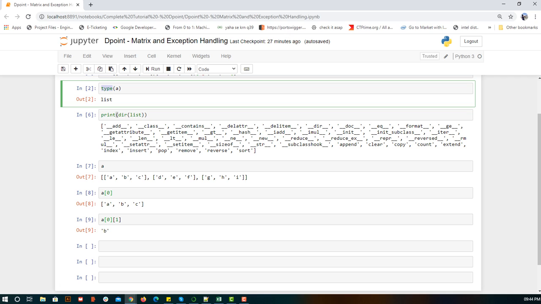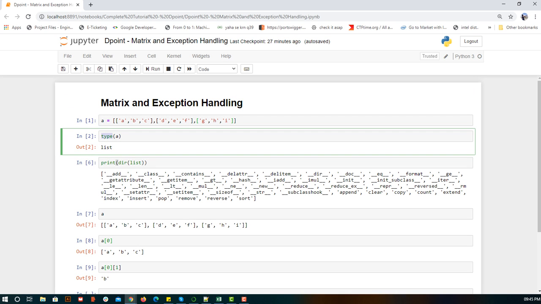Listen to this line very carefully. When someone is calling a logic to be executed and the name of the logic is type, there is some code written behind it, so this complete thing is known as a function. A function is nothing but a logic to which we give one name. And why do we write that logic as a function instead of writing it everywhere? Because we are going to use it n number of times. So a logic is written and its name is given as type or anything else, and we simply call it with the name type. Now how does this IDE or workplace get to know that type is a function which is already defined in Python? Because it is imported.